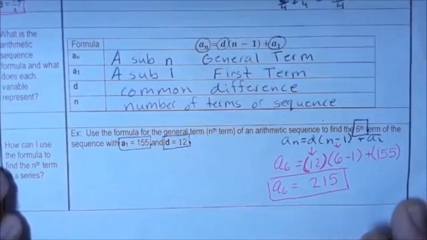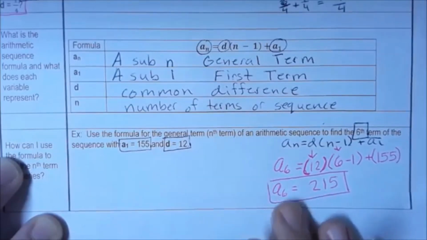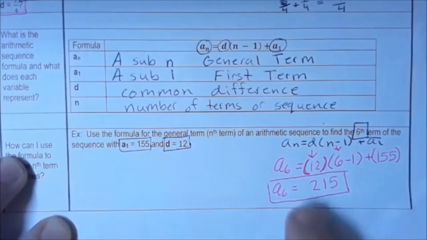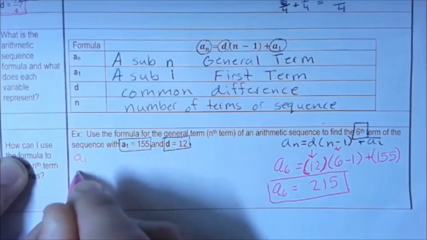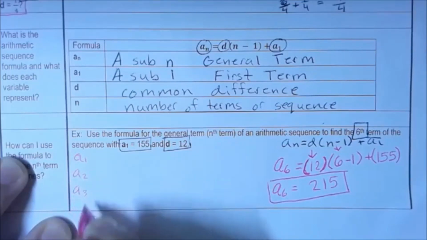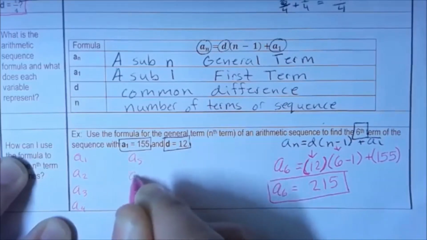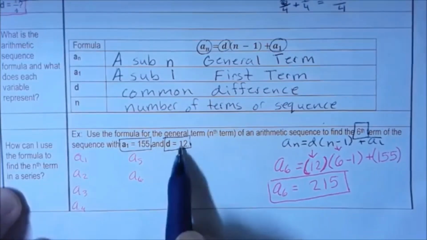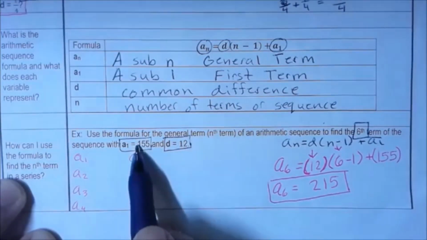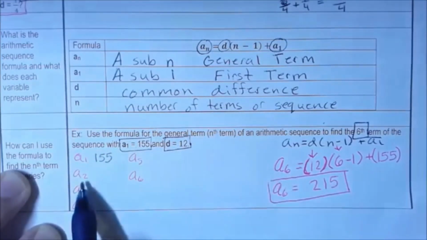Now, just for grins on this one, I want to work this out by hand, just to confirm that this formula actually works, right? Because there's nothing better than proving that the formula works by doing some hard work. So let's look at what our a sub 1 is. I have a sub 1, a sub 2, a sub 3, a sub 4, a sub 5, and a sub 6. So we're going to do some manual work here, the way that I first showed you. Notice our common difference is 12. So my a sub 1, we know that's 155. So we know our a sub 2 should be